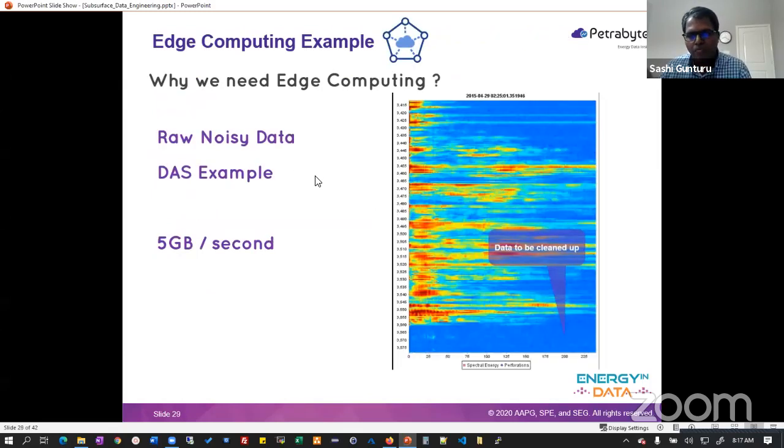So here is an example of why you would need an edge computing device. So you have DAS data, which is about 5 to 6 gigabytes a second. So what you see here is the blue color, which we assume that it's not required. The more interesting data is this yellow and the red colors. So you see, and this is 1 second of spectral energy that is generated from the DAS box. So as you are playing through,